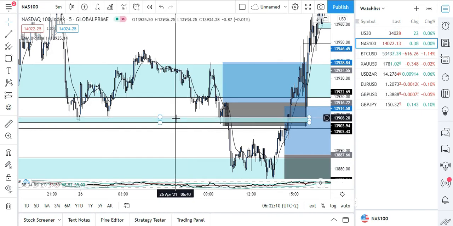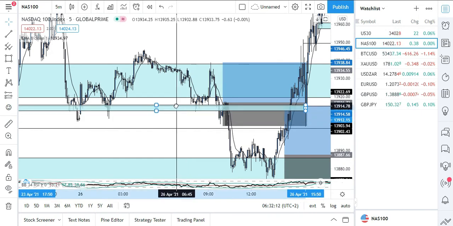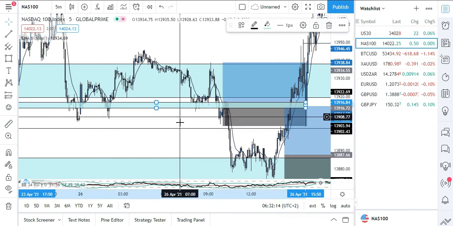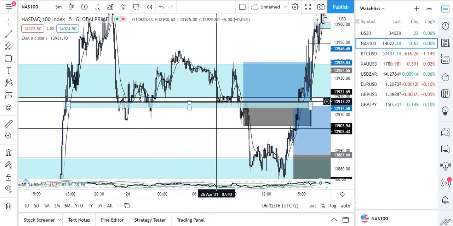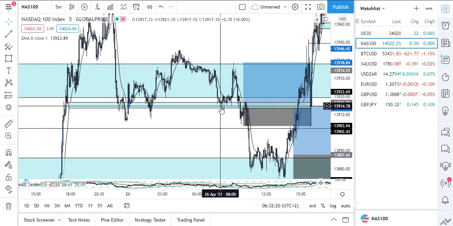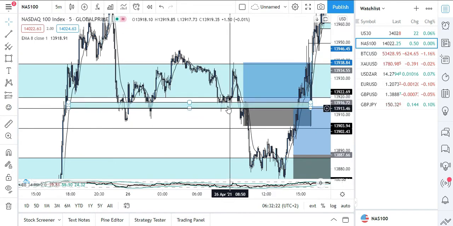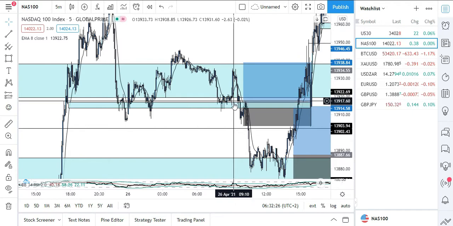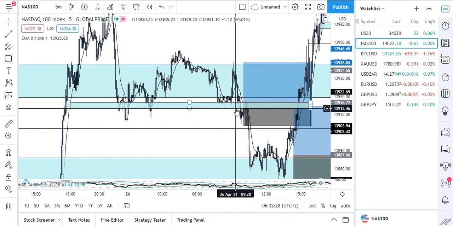Where is it? Was it around here? Yeah, I think it was like here. Yeah, right around there. So I saw this little support area, so the market started touching here a lot. So I started seeing this little area of accumulation, collecting liquidity. So I was expecting a bullish run from here, and the market ended up shooting all the way to the upside